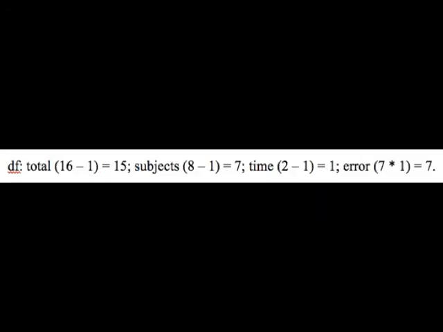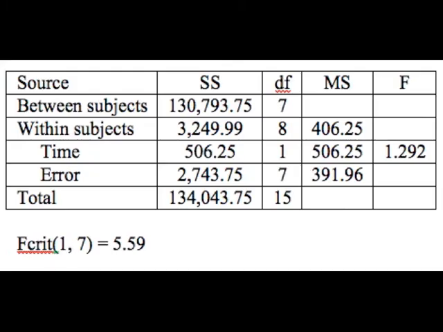For our degrees of freedom, and I've put them all in an ANOVA summary table here. We get our mean squares by dividing our sums of squares by its degrees of freedom, and then we get our F for treatment by dividing the mean square treatment by the mean square error. So we get an obtained F of